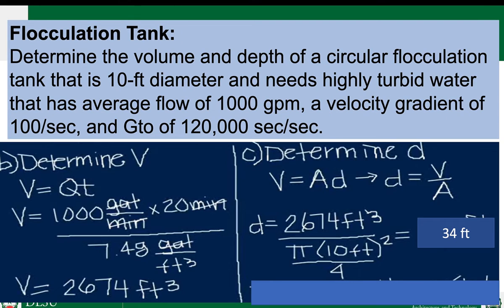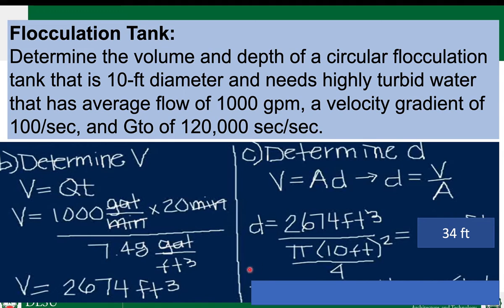And to solve for the volume of the tank, we have the equation V equals QT. Your Q is the average daily flow, 1,000 gallons per minute, multiplied by the time that we solved previously, 20 minutes. And we're going to convert the gallon unit to cubic feet, so we divide by 7.48 gallons per cubic foot, and we arrive at a volume in cubic feet,